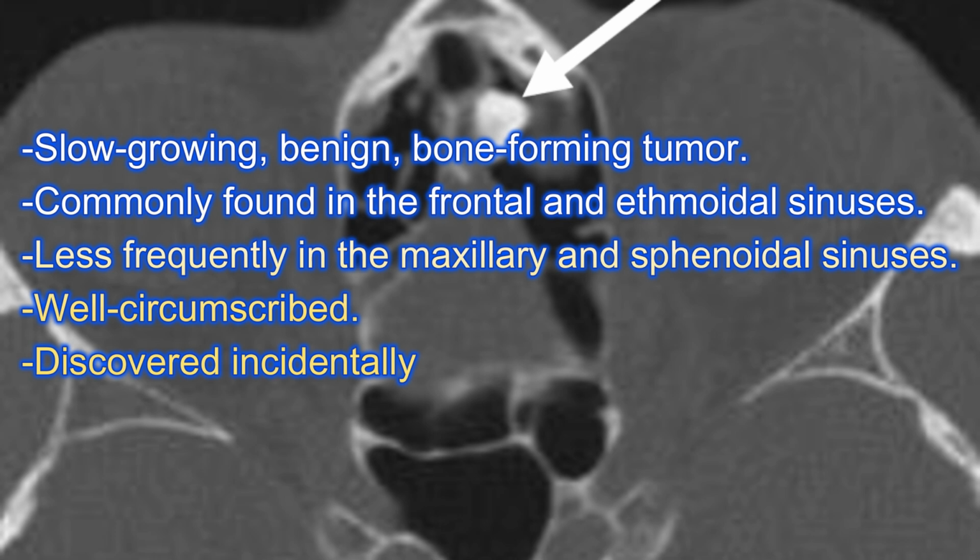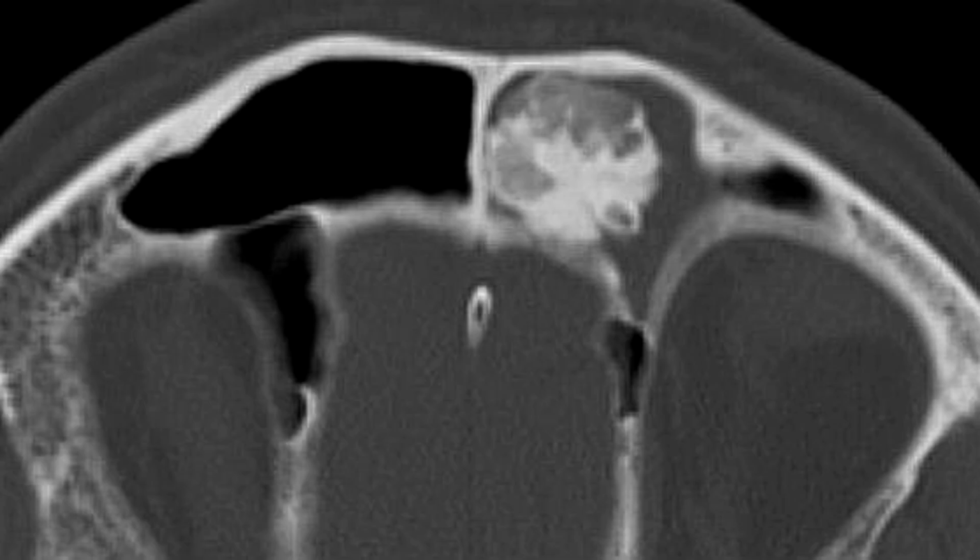A sinonasal osteoma is a slow-growing, benign, bone-forming tumor that typically originates from the walls of the paranasal sinuses. It is most commonly found in the frontal and ethmoidal sinuses, less frequently in the maxillary and sphenoidal sinuses. These lesions are well circumscribed and often discovered incidentally during imaging. The best diagnostic clue is a well-marginated, bone density lesion arising from the sinus wall and protruding into the sinus